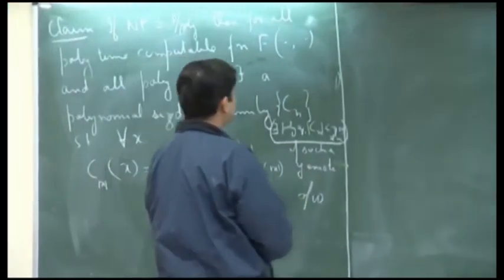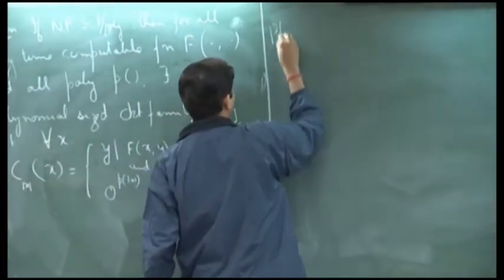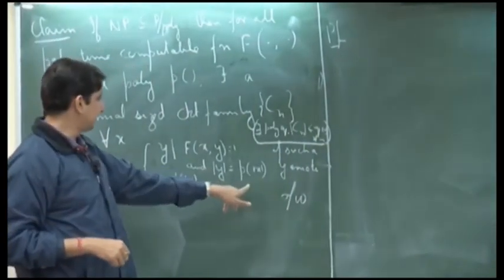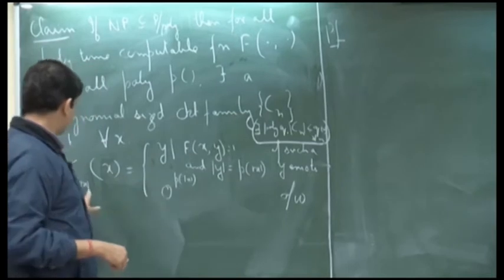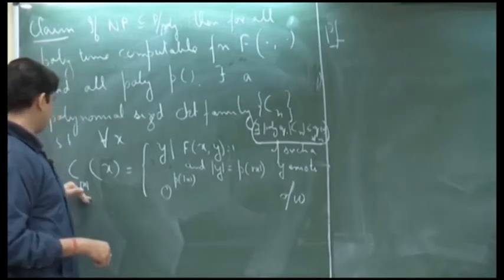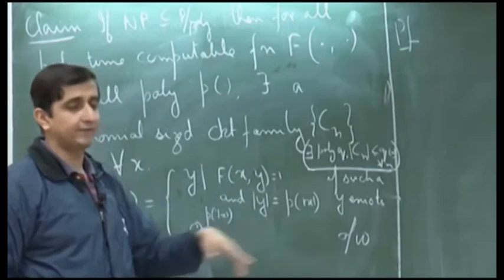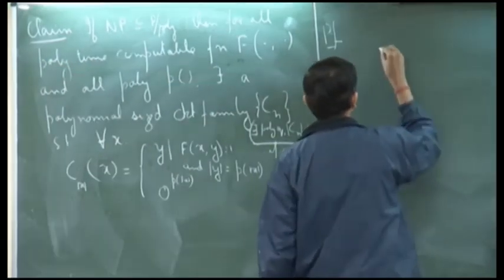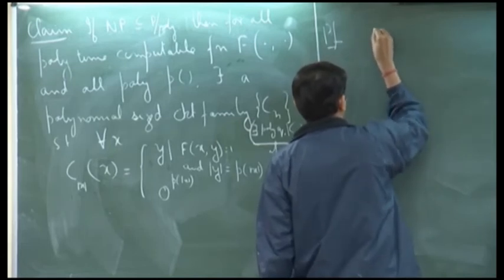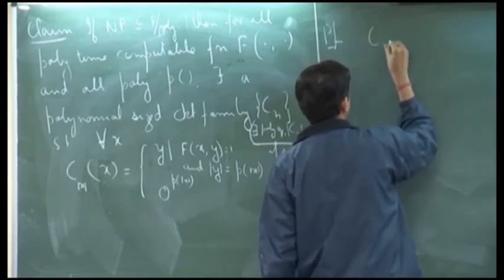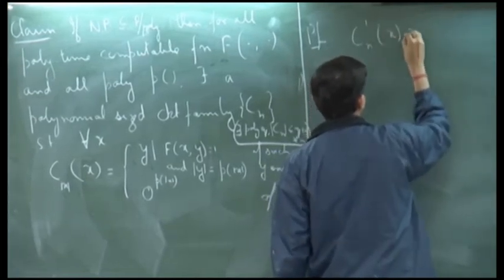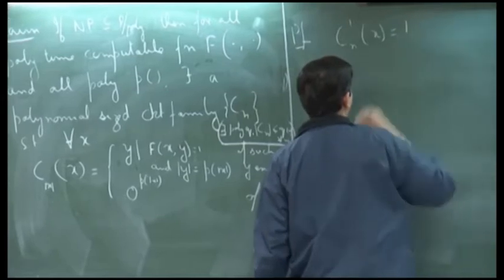Before proceeding to the formal proof, let us look at a picture to motivate how the proof proceeds. What we will do is construct, for each n, p of n many circuits. Each such circuit will do the following: I will have a circuit C n of 1. C n of 1 on x will output 1